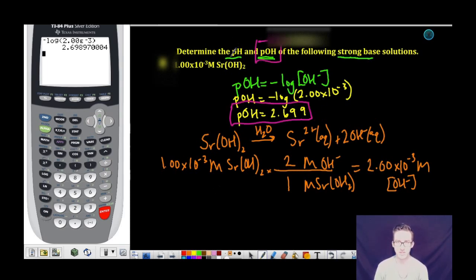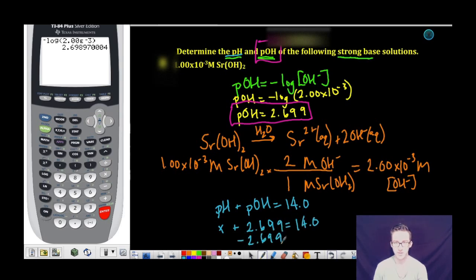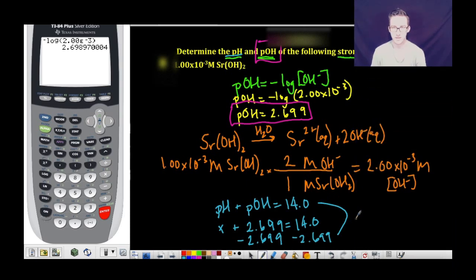Now, don't forget we're asked to solve for the pH. Easy enough to do once you're given the pOH. Just simply remember that pH plus pOH is equal to 14. Well, I don't know what the pH value is. I do know that the pOH is 2.699. I subtract 2.699 from each side, which means that the pH of this solution is